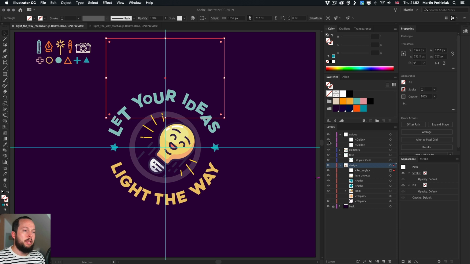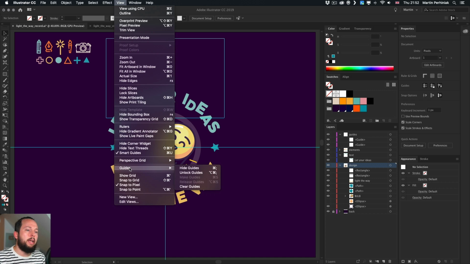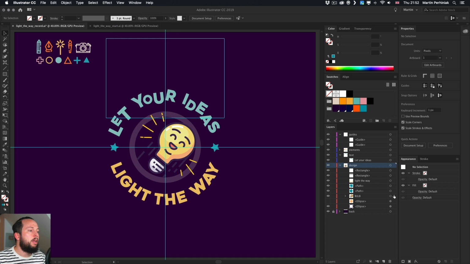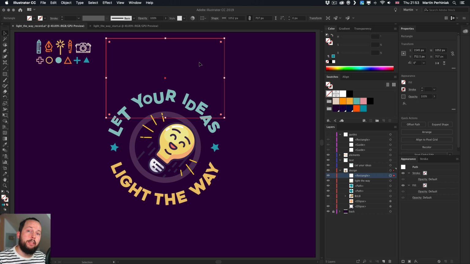to the guide. Now that it's there, I'm going to copy, paste this, and then use another shortcut, Command or Control 5, to turn it into a guide. So this is something you can find in the View menu, and under Guides, there's Make Guides. That's the one I used. So now that it's turned into a guide, I can just put it onto my guides layer. And you can see if I turn that off, I still have the other rectangle,